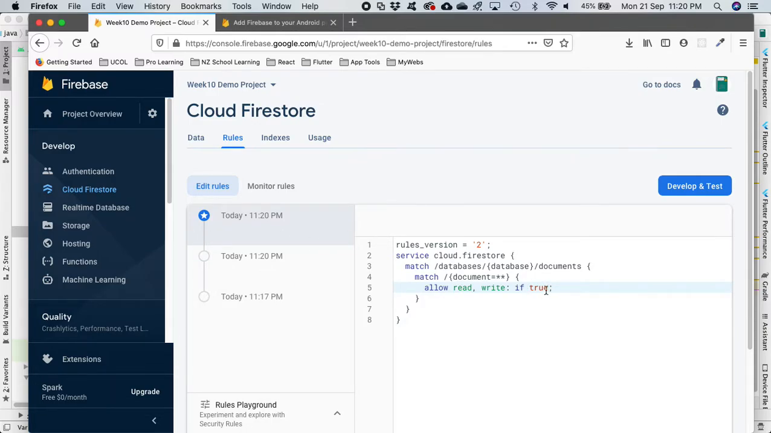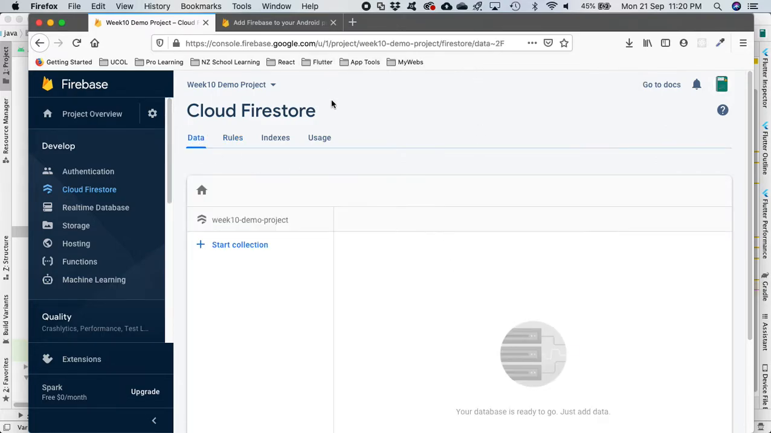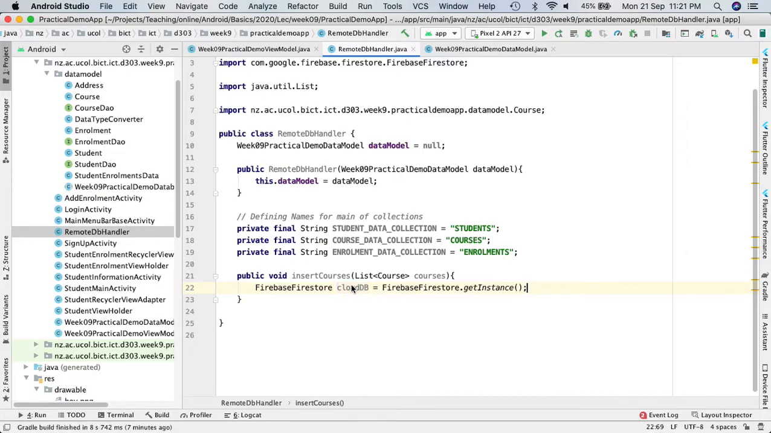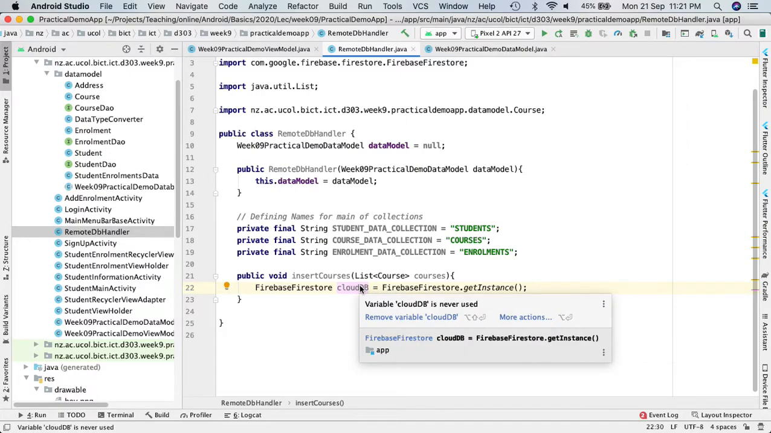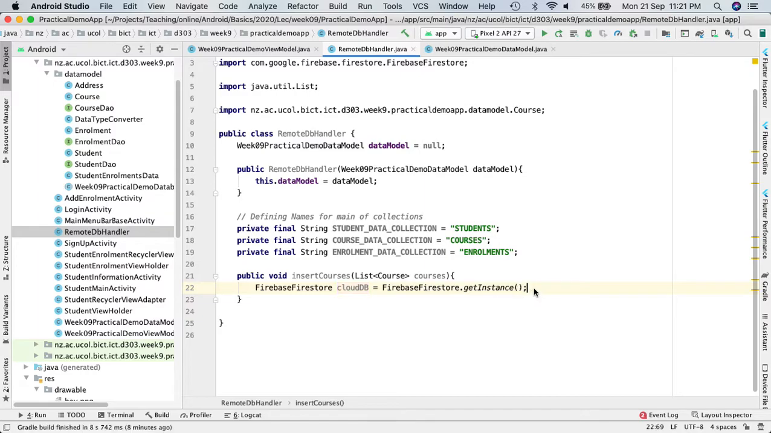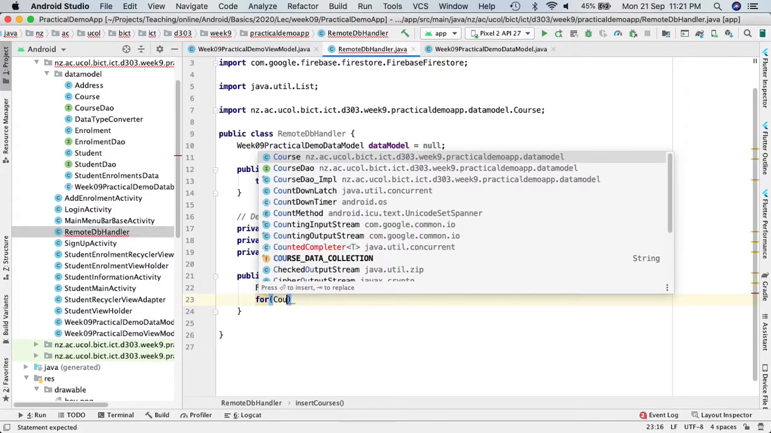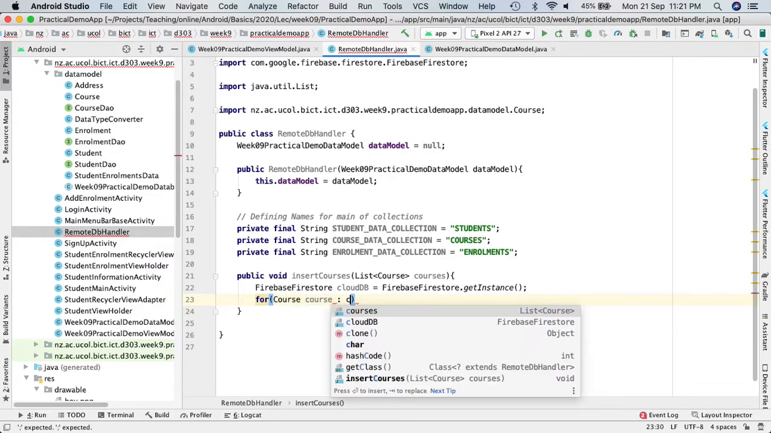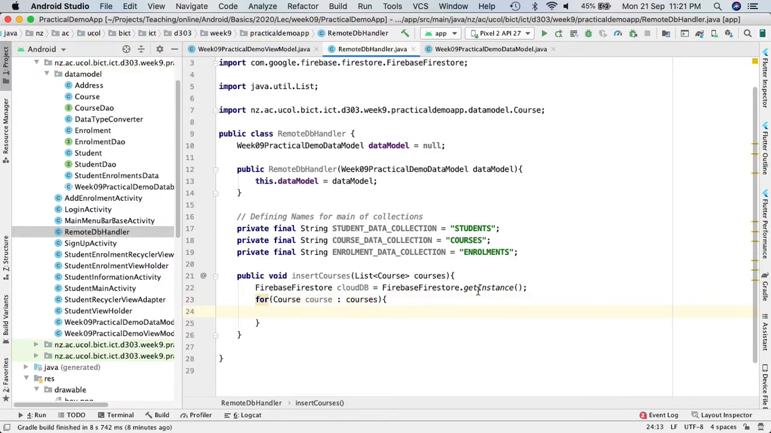So we are saying this is fine. So now we can access that particular specific database, and this particular cloud is representing the whole database, number one thing. And now what we need, because we have a list of courses, for each course in the courses, and we can also make it final. It means that it is not going to change. So final course inside that particular specific courses, for each course inside the course list, we are going to do